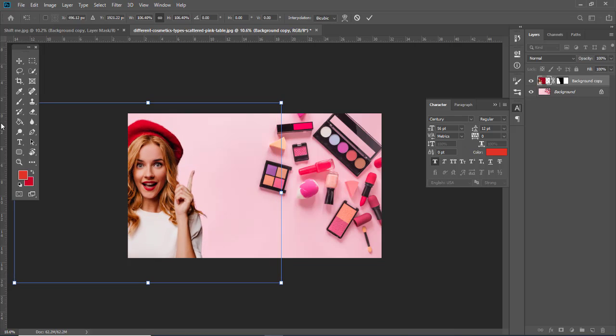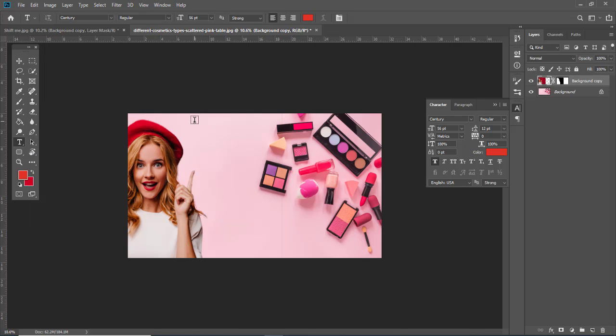Then go for Century font. Okay. Go for flat.